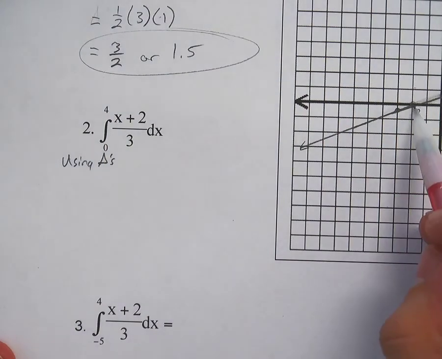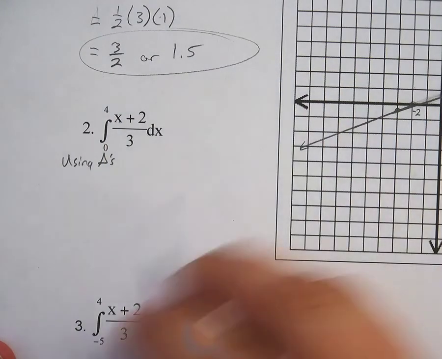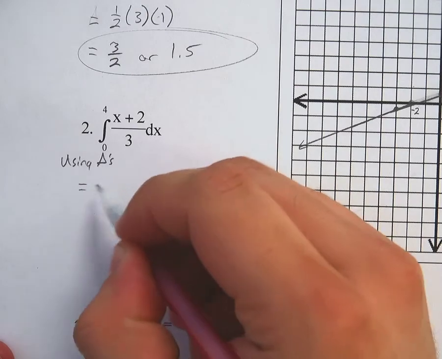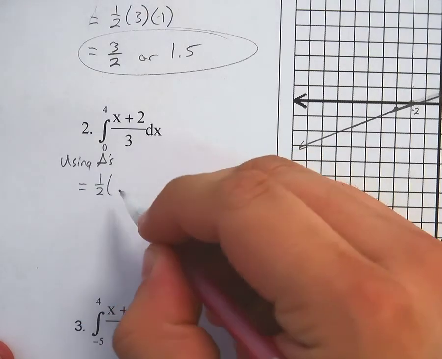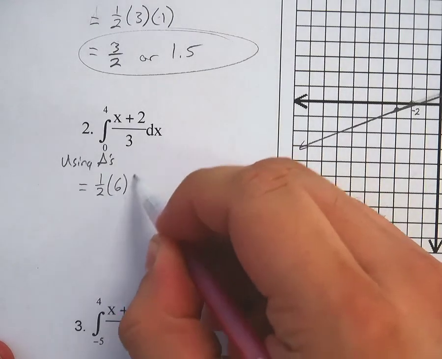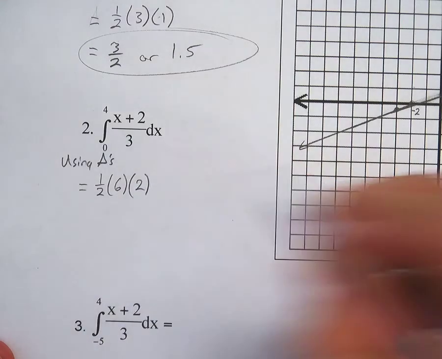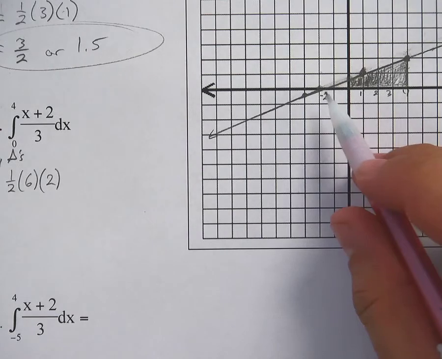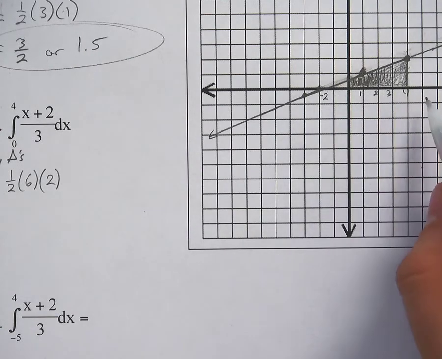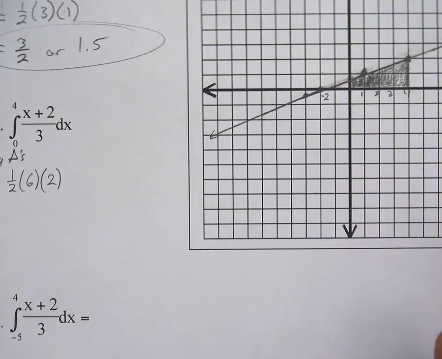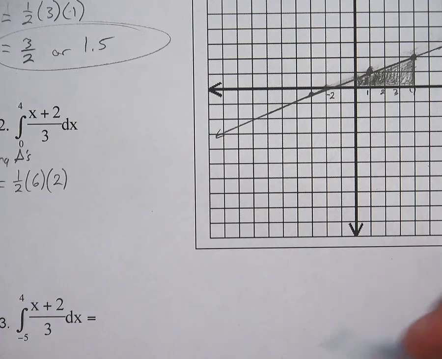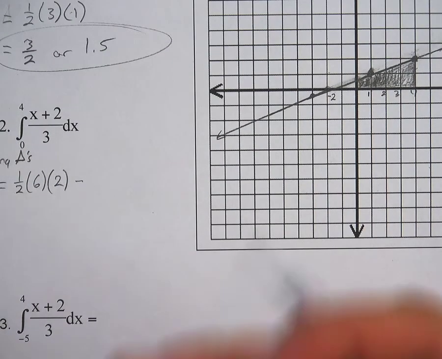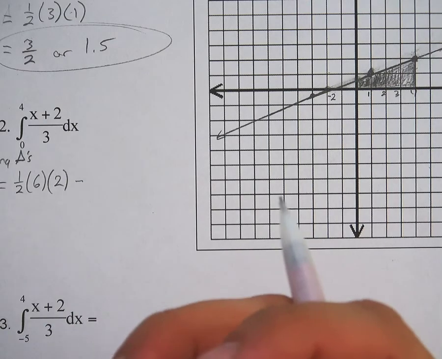It goes from -2 to 4. So now my base is 6 units by 2 units tall, right? From -2 to 4, that's 6 units there by 2 units tall, and 1/2 of that. It's kind of hodgepodge together, but I just want to really drive home that a definite integral is all about